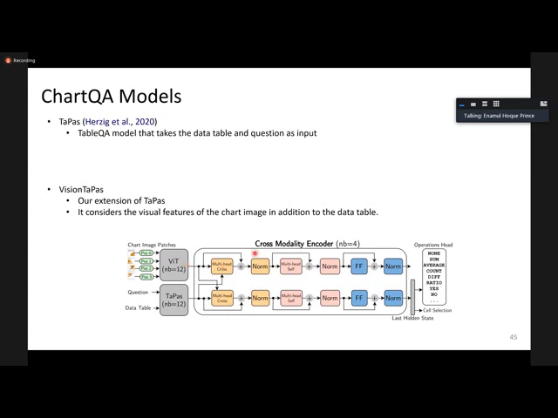And then at the end, the goal is to predict what operation we should apply: sum, average, count, difference, ratio. These are the different possible operations that we can apply. So we simply predict which cells we should select, and then we apply the predicted operation on those cells.